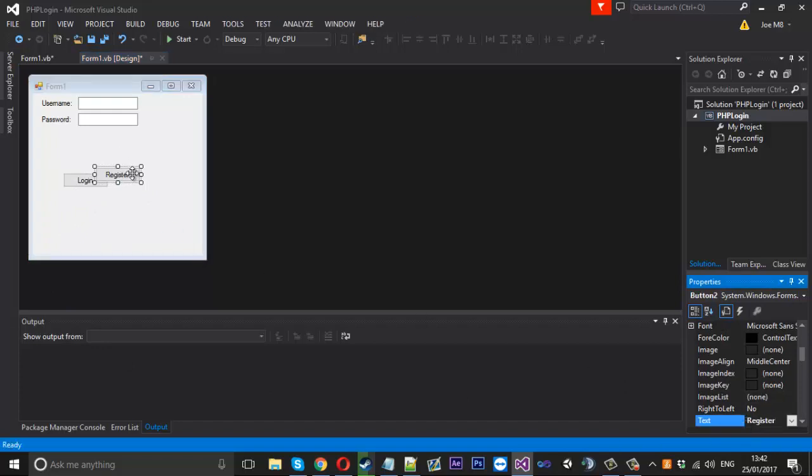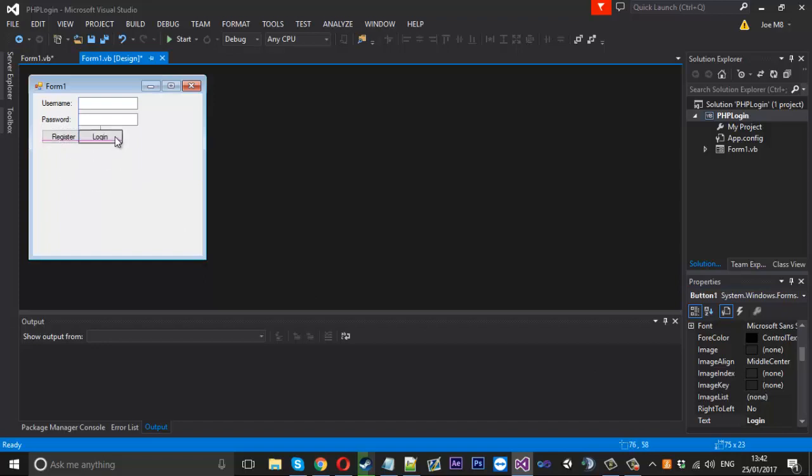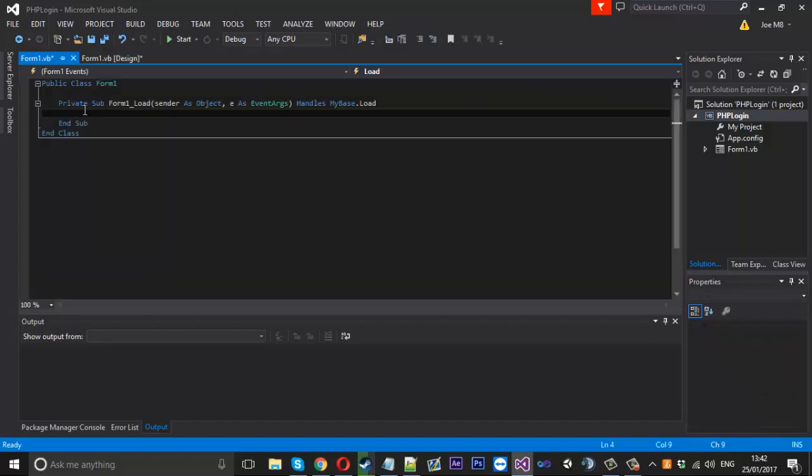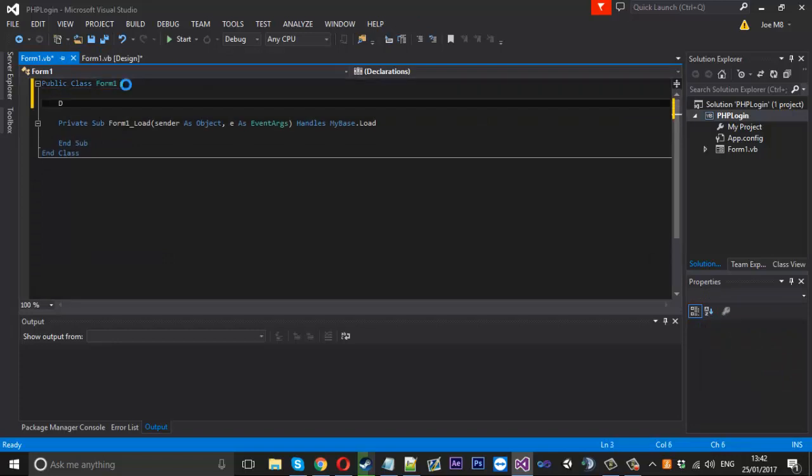Now you could have 2 separate forms for login and register, but I'm not going to bother with that. We'll just press register and it will use this information. So we'll just close this a little bit. So we're going to go into the form load. First thing we want to do is create a new web client, because that's what we're going to be using to get the strings, as new